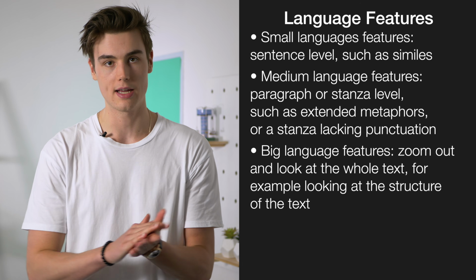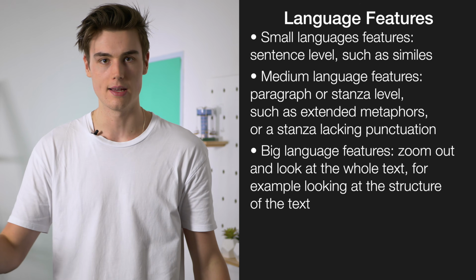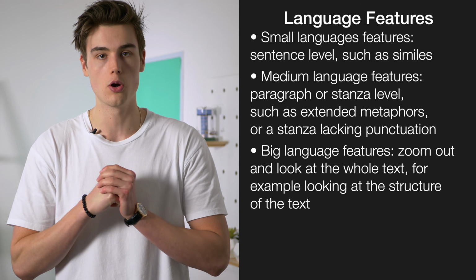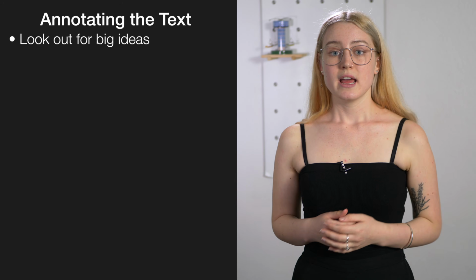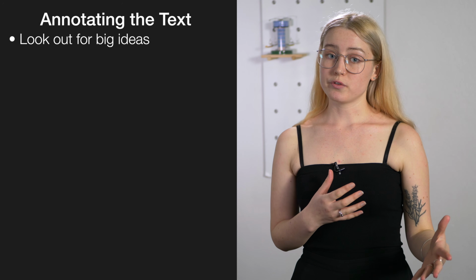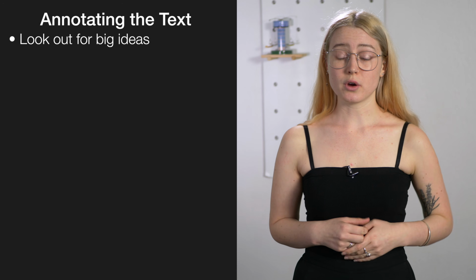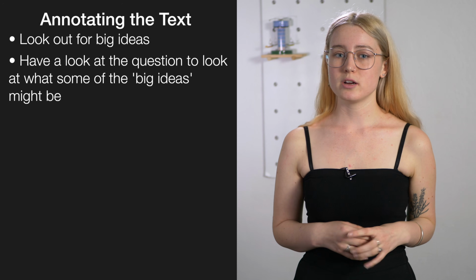What message is the author conveying throughout the whole thing? How is the narrative structured? Is there a theme that's interwoven through many paragraphs? This is how you'll know to analyze all aspects of the text. When you're annotating your text, when you're first reading it, you want to be on the lookout for big ideas. Now, these big ideas might be shown in a few different ways. So if you are feeling a little bit stuck and aren't sure where you should be going with it, check your question booklet, and that'll usually give you a bit of an idea about the kinds of things